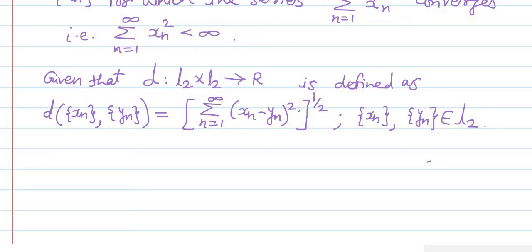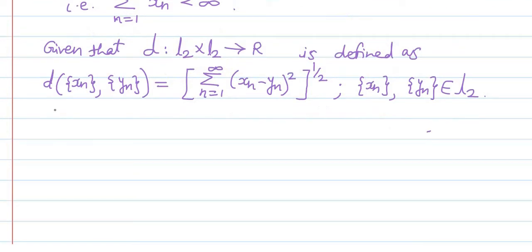So we have to check the fourth, that is the triangle inequality. Therefore only the fourth condition we are going to prove here. And to prove the fourth condition, obviously first of all we will show that the D function which is defined here is well defined. So let us begin with showing that the D function is well defined. So let us prove the triangle inequality.